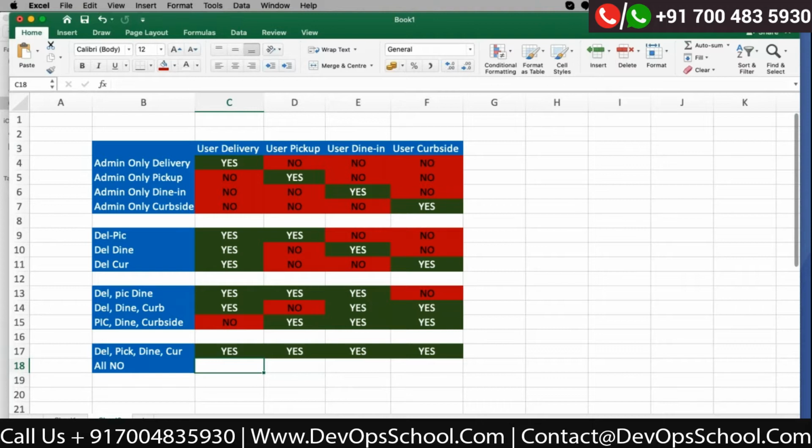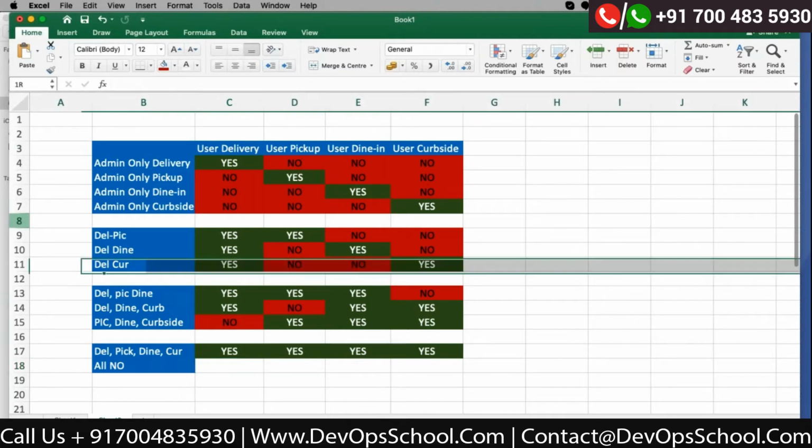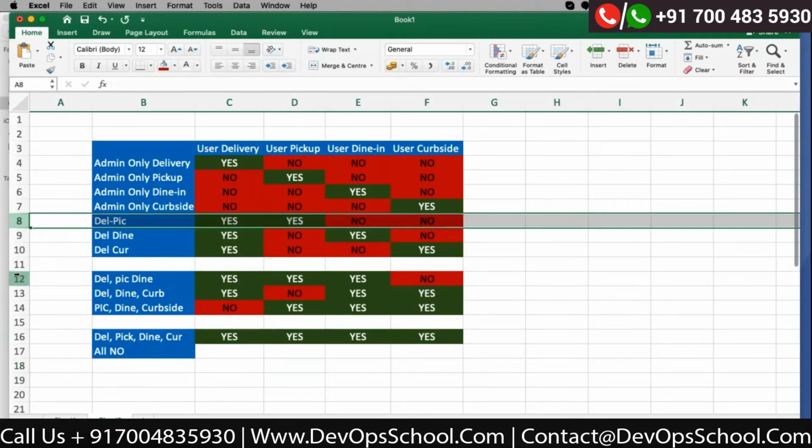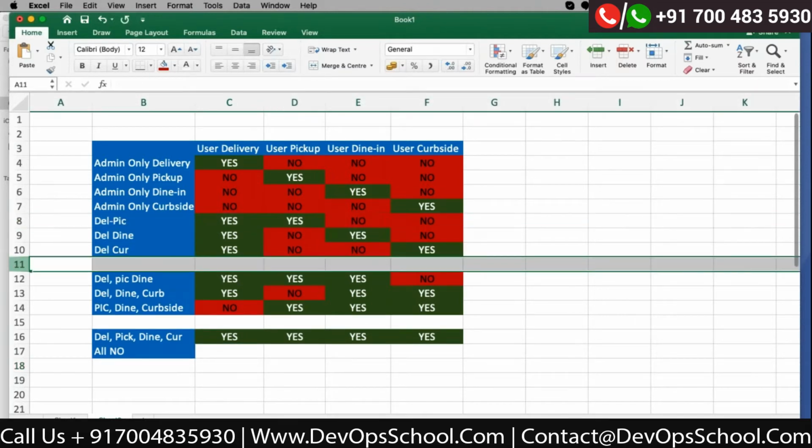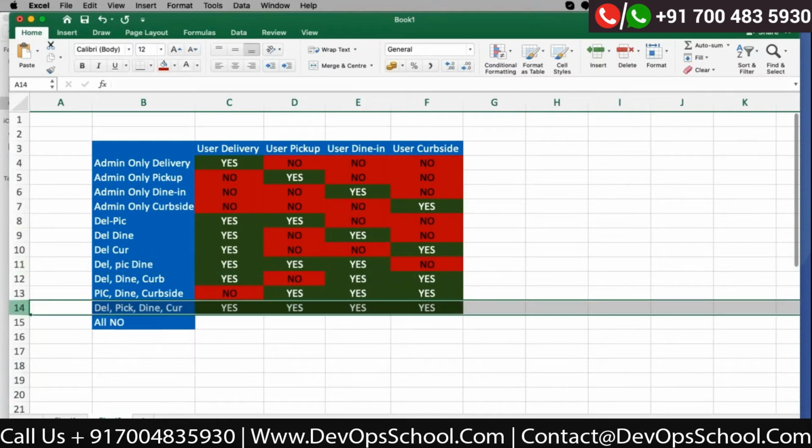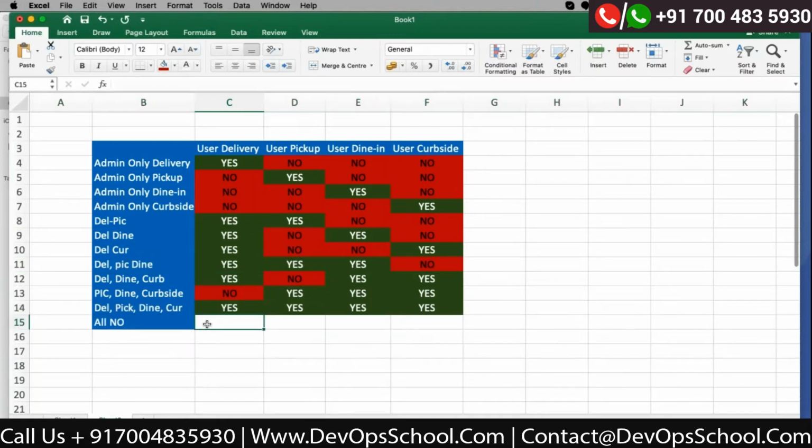But this table will accept any yes or no value, right? Yes, the table accepts yes or no, but we should throw an error in this case.